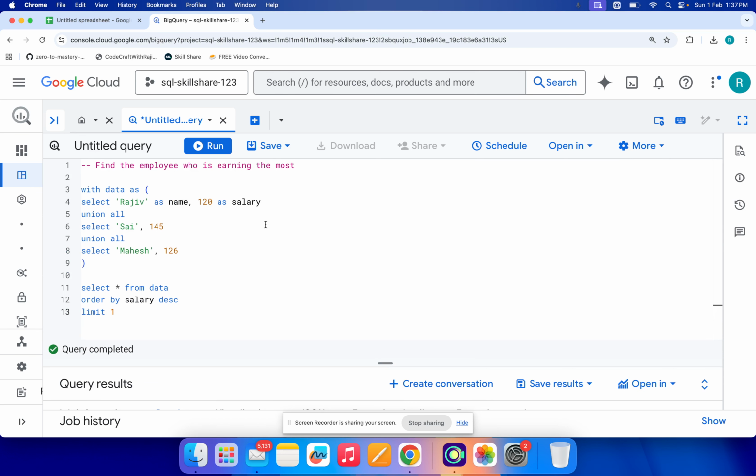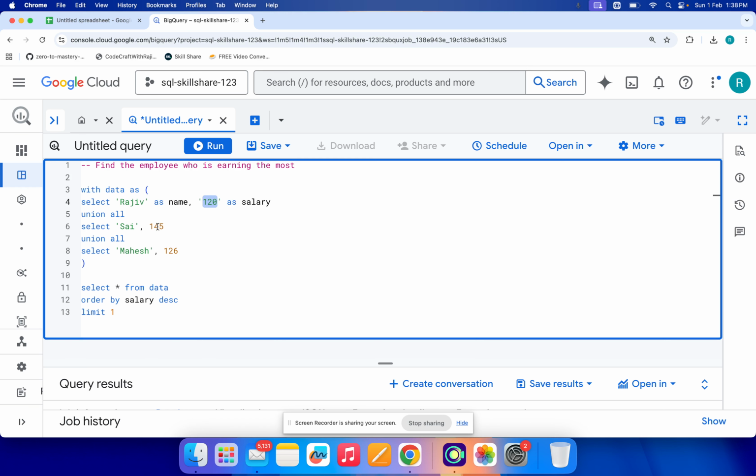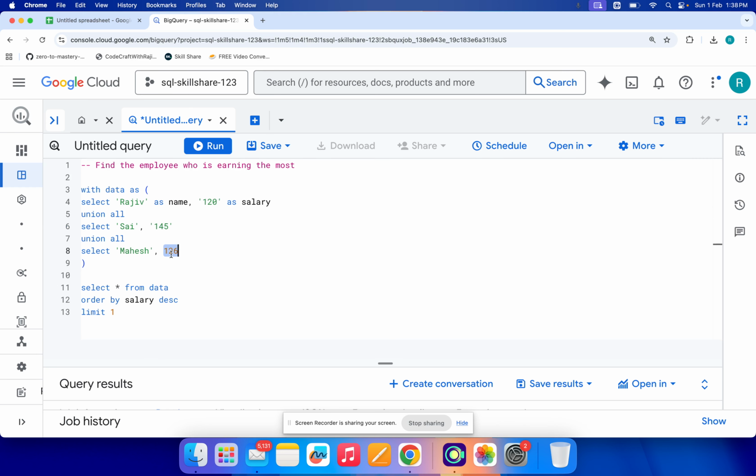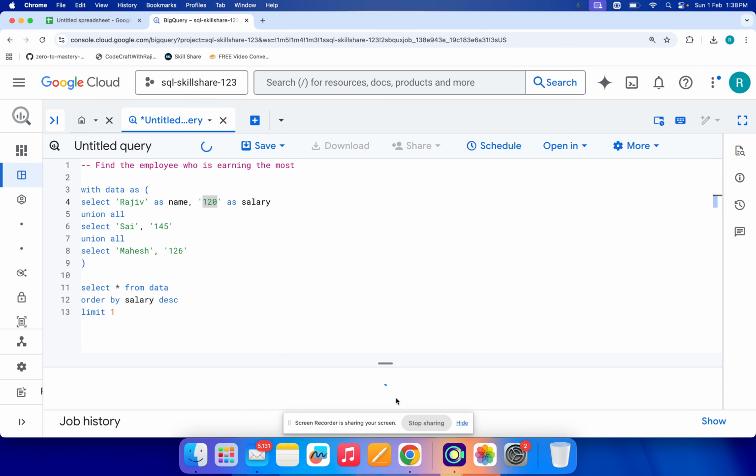Sometimes what happens, for example, let's say here 120 is a numeric number and Raju is a string. Instead of a numeric number, sometimes it may come as a string like this one. This is 120, but it is a string. Of course, the system never understands that this is a numerical number. It thinks it's a string. Now, you must already know about this one, right? So now when you run the same one over here,